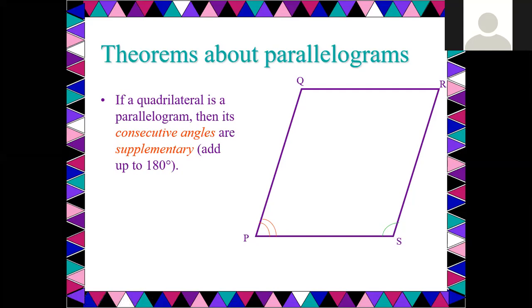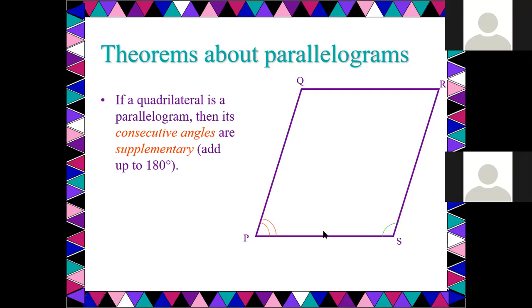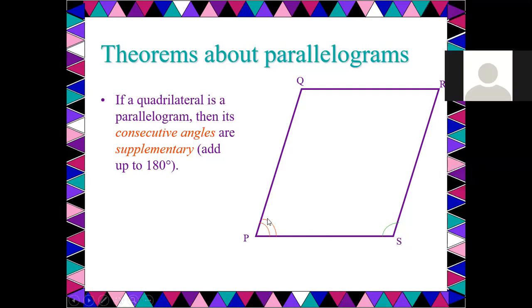Yes, pwede na nating makuha ang measurement ni angle S because we know that this is a parallelogram and angle P and angle S are consecutive angles. If the measurement of angle P is 110, kailangan mo lang alamin ano ang i-add mo sa 110 para makuha mo yung measurement ni angle S. So what is the answer, Clarence? If angle P is 110, what would be angle S? 70 po, sir. Very good. So that's consecutive angles. Yun yung ating property.